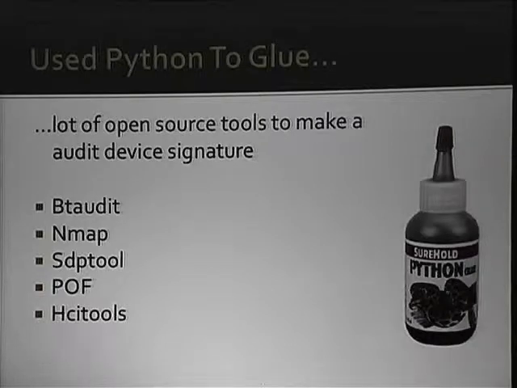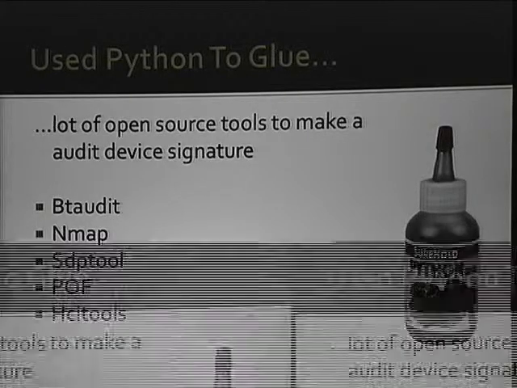Tools out there. BT Audit will tell you the status, will interrogate the L2CAP and PSM channels for you and let you know what's open and what it looks like. And Nmap, we can obviously run Nmap against the device, and we can use SDP tool and the HCI tools